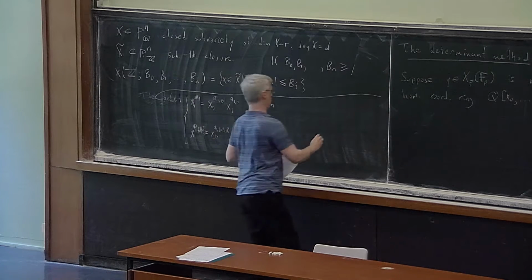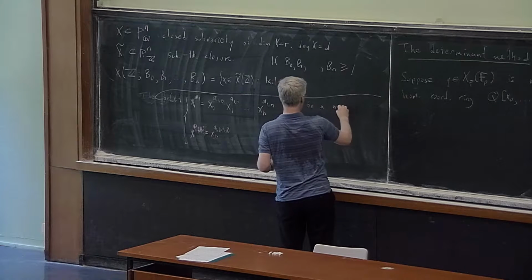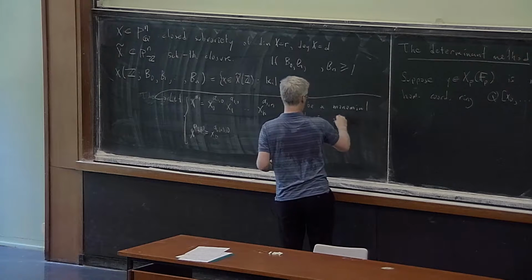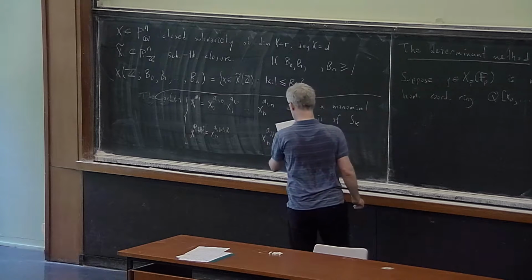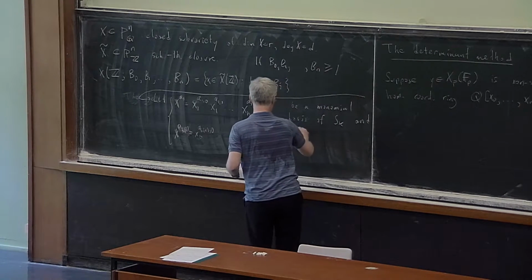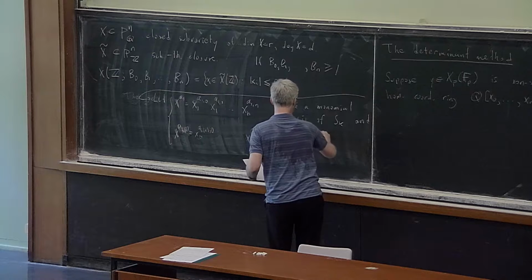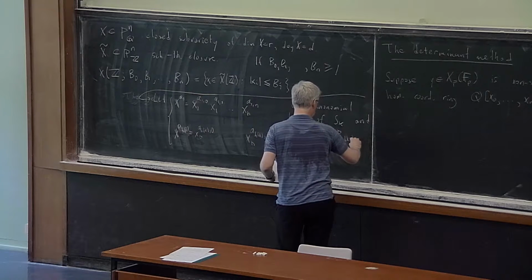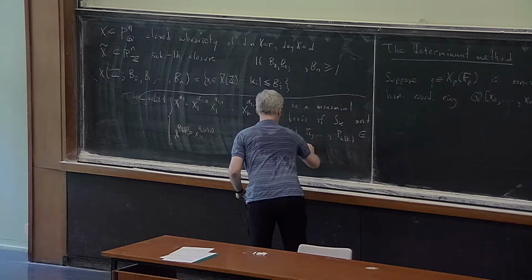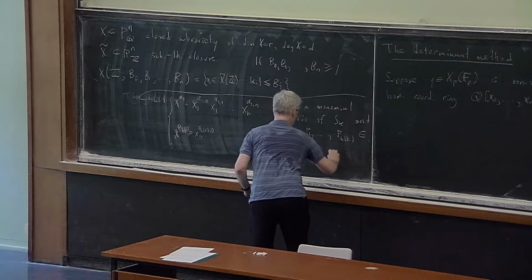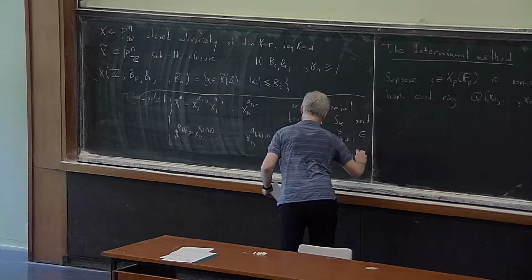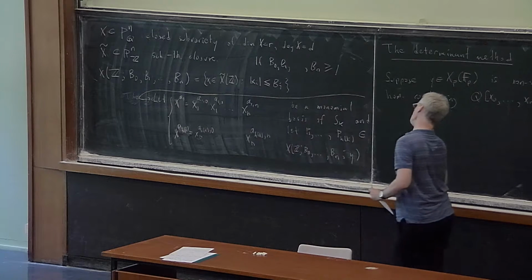So let this then be a monomial basis of S_k, and let then here, I take the same number of points, p1 up to p_{h_k}, which belong to this set I want to study, x, z, b0 up to bn, and then I will also assume that they are in the same congruence class modulo